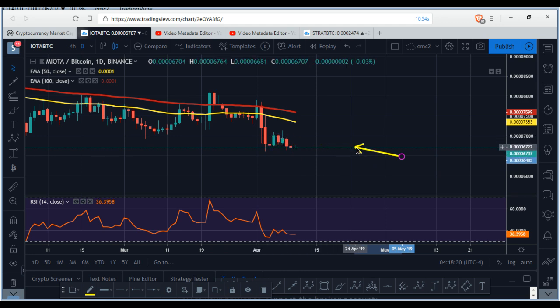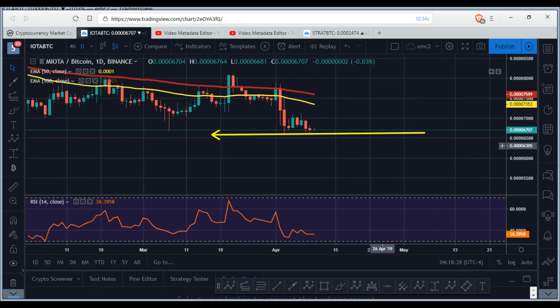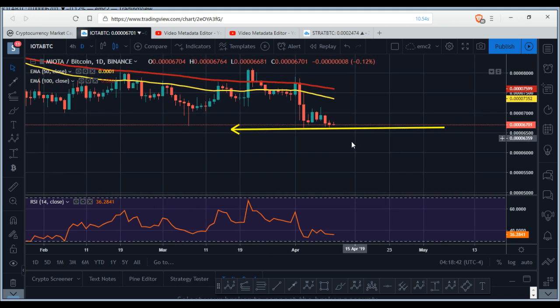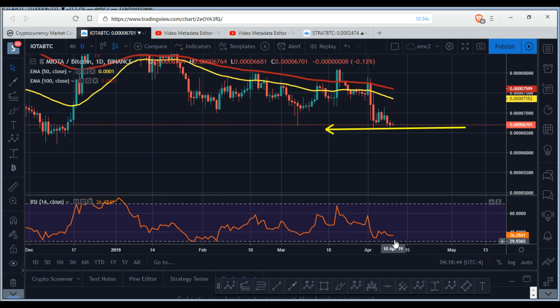I said we could be going to 275 to 325, right? So you take a look at IOTA, right? Going back to IOTA, big support, no divergence on the RSI side. I mean, a slight divergence. It's not completely